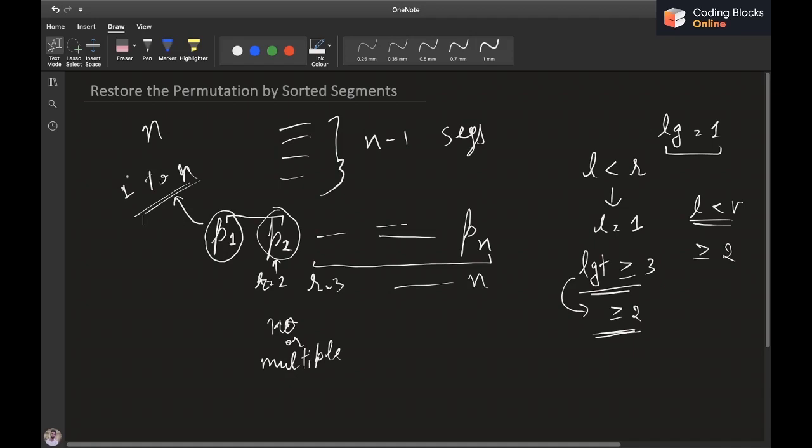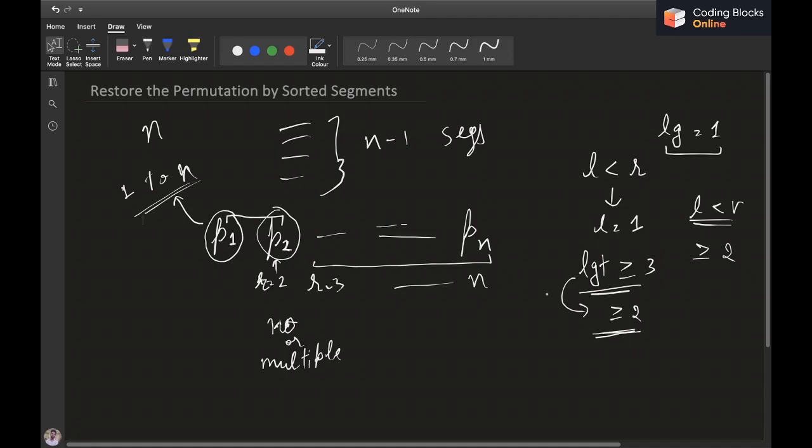We just saw the reason: if it was a valid permutation, after deleting p1 we would have exactly one segment of length 1, and then after deleting p2 we would have only one segment with length 1, and so on. But if that's not the case, then it's definitely going to be an invalid one.